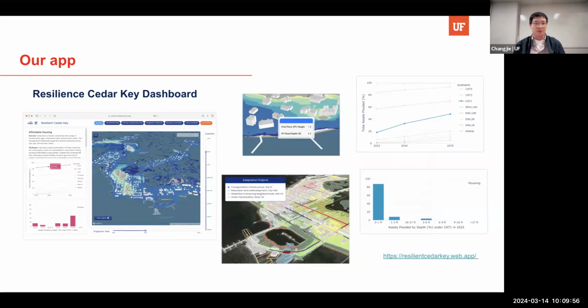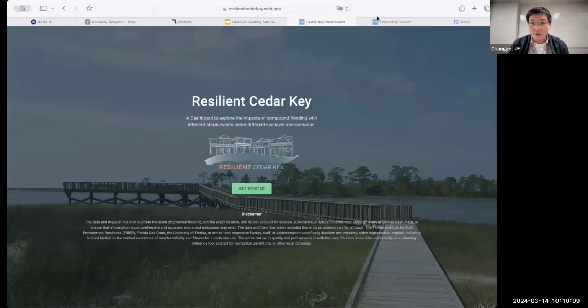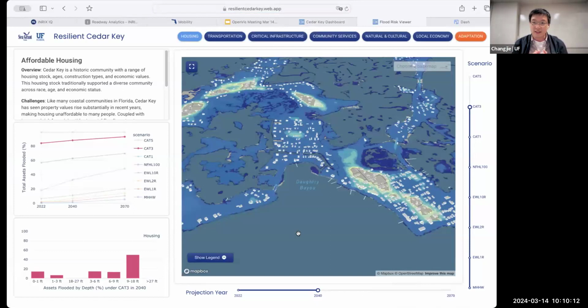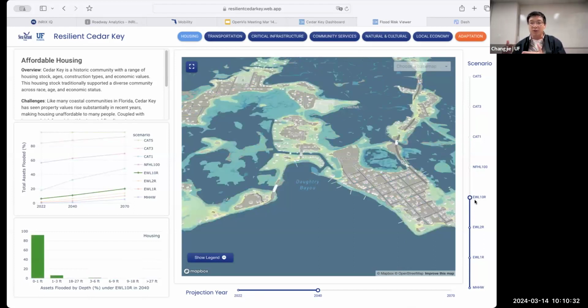I think the community really digs into it and found that it's very insightful. So here is the link to that application. Already open one. So basically that's the interface. The FDEP requires us to do today, 2040 and 2070 vulnerability assessments. And then we create this slider so that they can drag and see what kind of impact of different storm